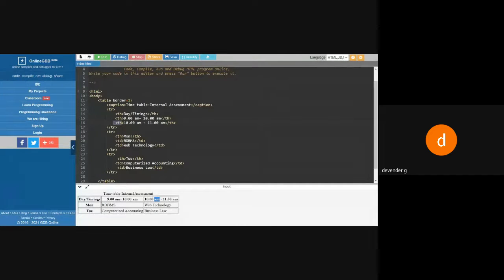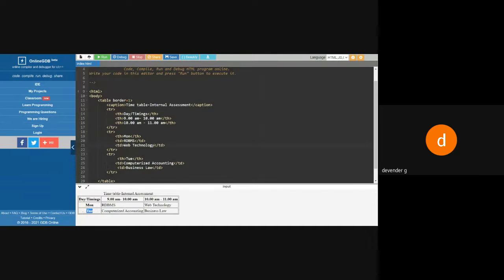Then I'm going for the second row. Now in the second row, first should be heading, others should be data. So TH Monday, which is table heading. RDBMS and web technologies are what? It's data. So for that, I'm saying it's table data. So TD, open, close. Right? Then I need another one.